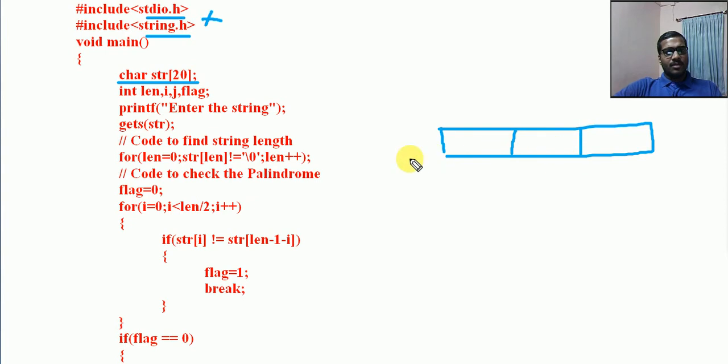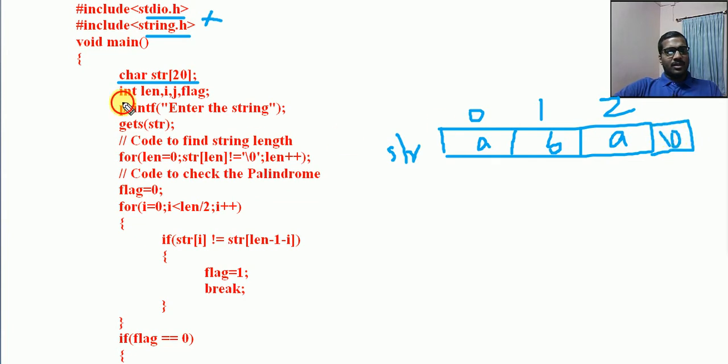So I am drawing a small string only, str 0 1 2. Assume that I am writing a b a. Okay, assume that this is the case, but this value will be received only after reading that. So I have not taken that, I am simply writing the values.